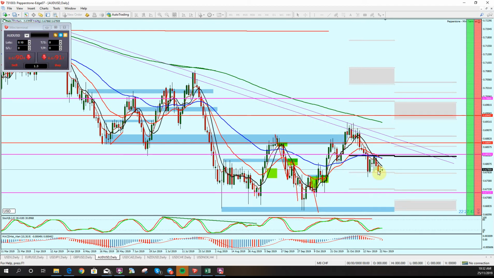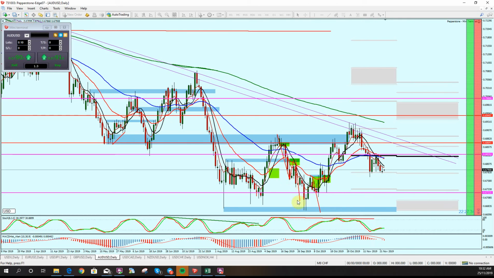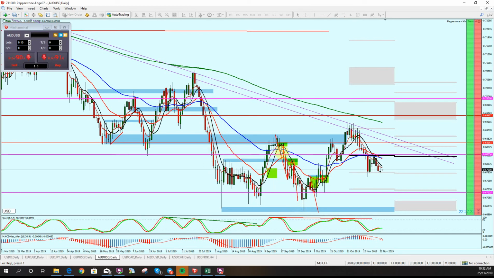So what do we need? Basically, what I'll be saying here is I'm pretty much agreeing with you after all this waffle. Sorry to bore you with it, but anyway. If we break below here, we could be off to the races, just like we were here and here. That's what this all suggests, but we need this level to break.